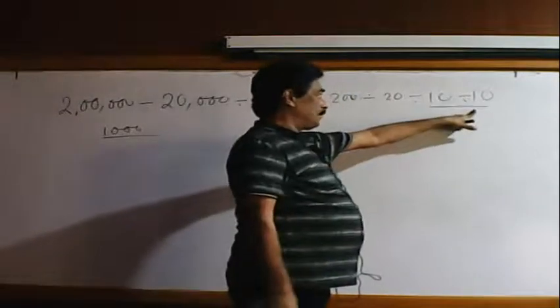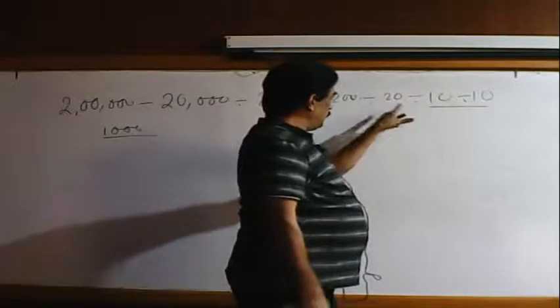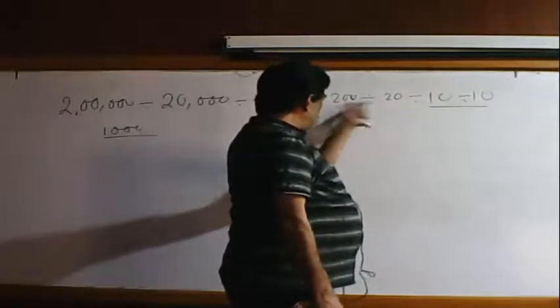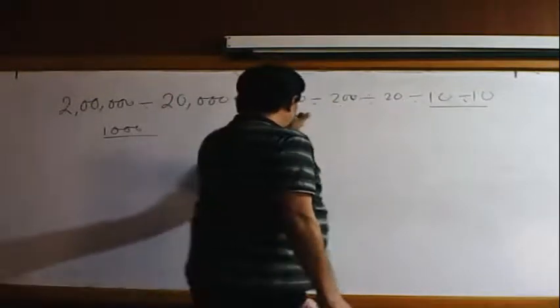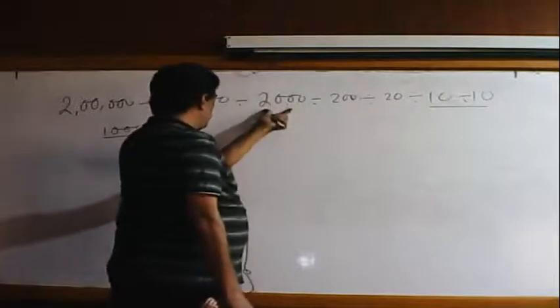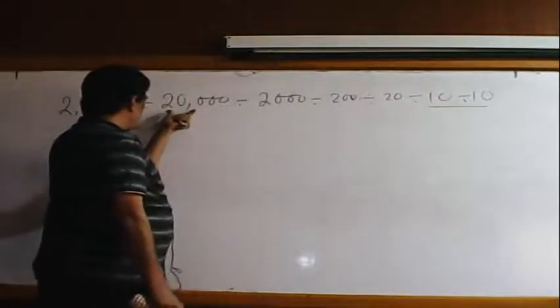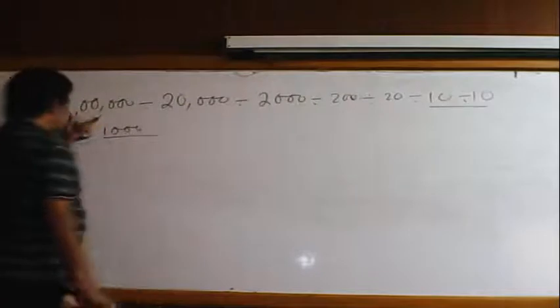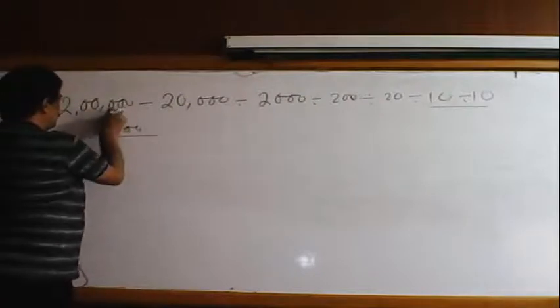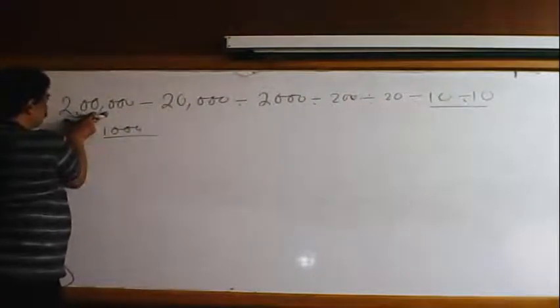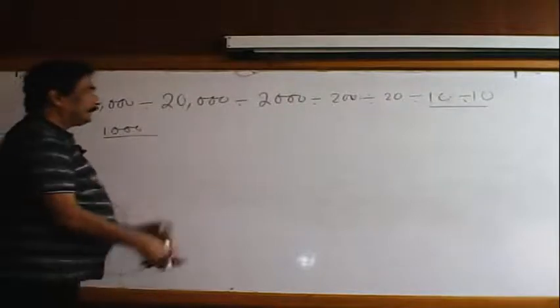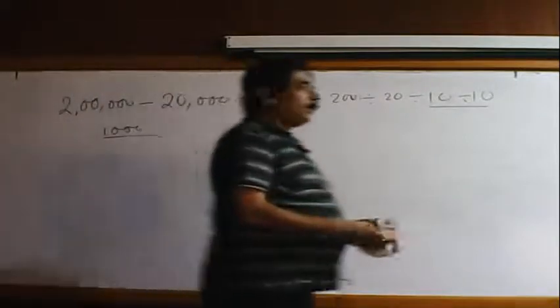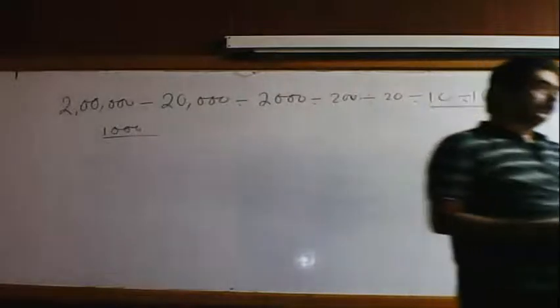10 by 10 is equal to 1. 20 by 1 is 20. 200 by 20, 20 cancel, 10. 10 means 1 zero cancel will be 200. 200 means 2 zeros cancel, divided by 2 is 100. This 100 means 2 zeros cancel. This 100 means 1000. Okay, so that is the answer. This is called long division, a continuous division process.